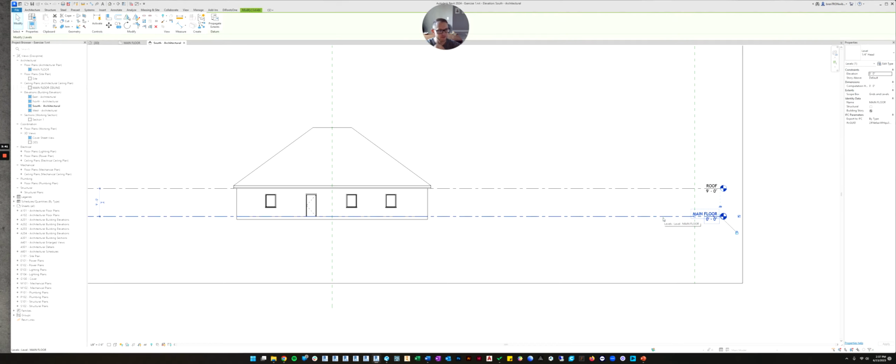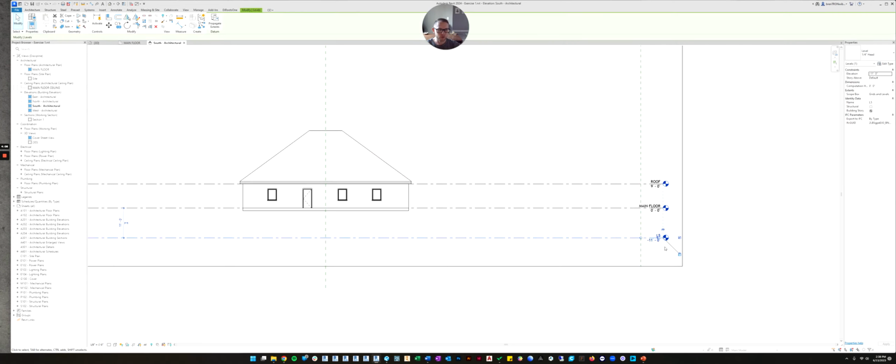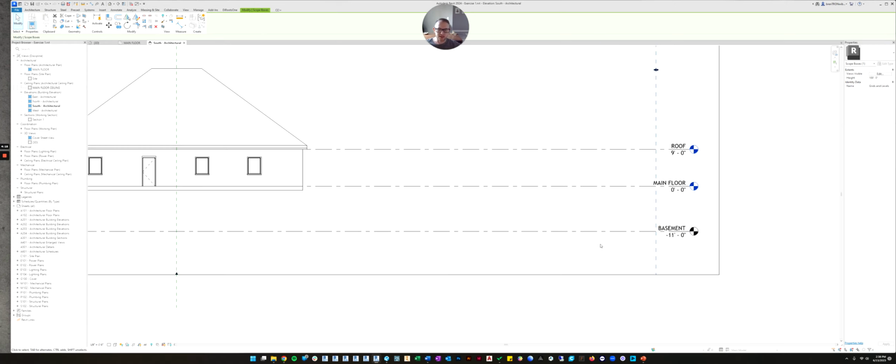So I'm going to take the main floor and then I'm going to go up to the Modify tab, and I'm going to hit Copy. And I'm going to first click the level, and then I'm going to drag it down and click again, and that creates the first level. And then it's automatically trying to have me create more levels. I'm just going to hit Escape twice to get out of the command. So here we have a new level, and we can name the new level Basement. And then we can set its height.